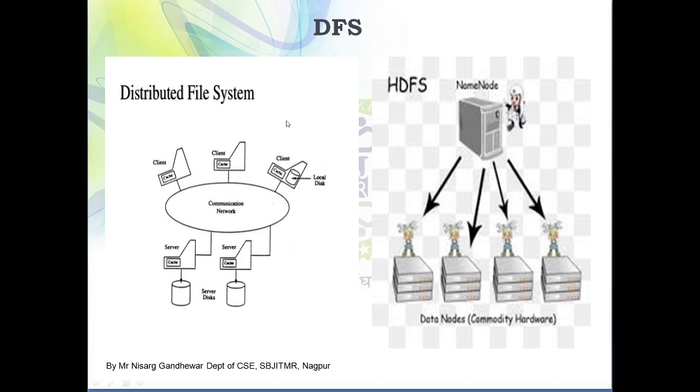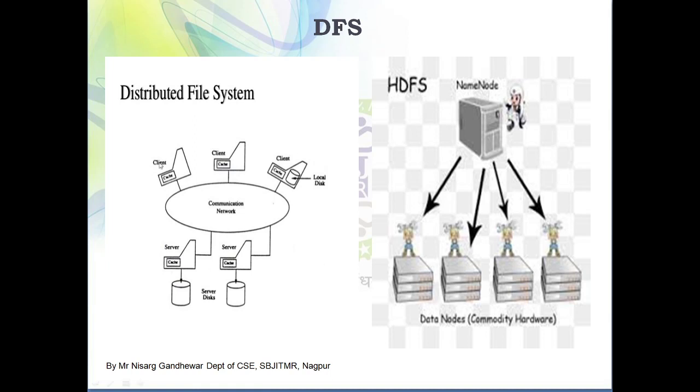Now here you can observe this particular diagram. This is the architecture which represents a Hadoop distributed file system. Here you can see there are 5 systems, or 5 nodes, which are connected with each other. Now, what is the concept of a distributed file system? The concept is very simple. Suppose I have one large file whose size is 5 GB, and in one machine only 5 GB space is not available. In that case, we will divide this one file of 5 GB into blocks of 1 GB.